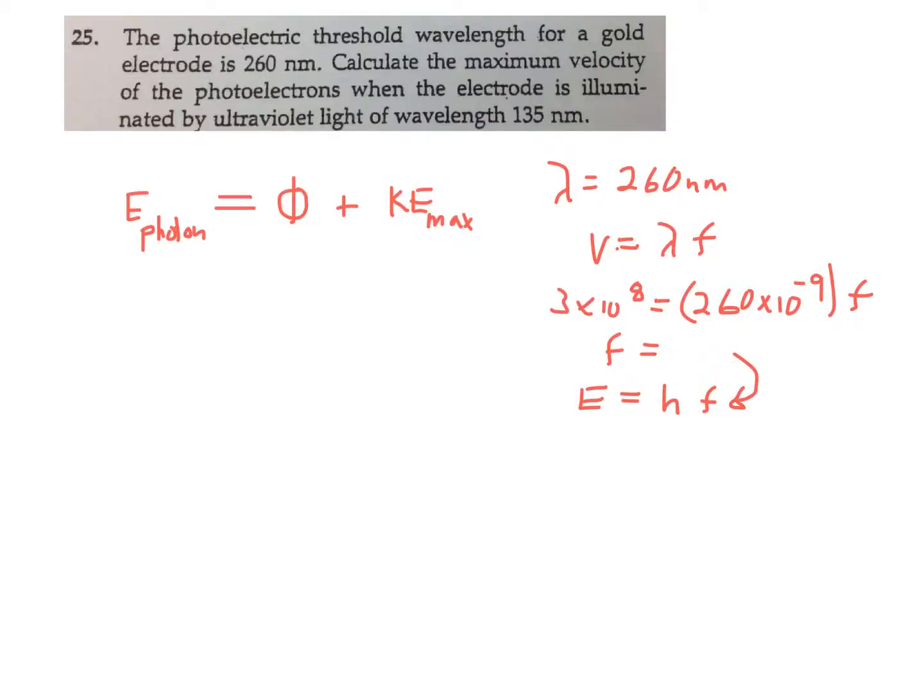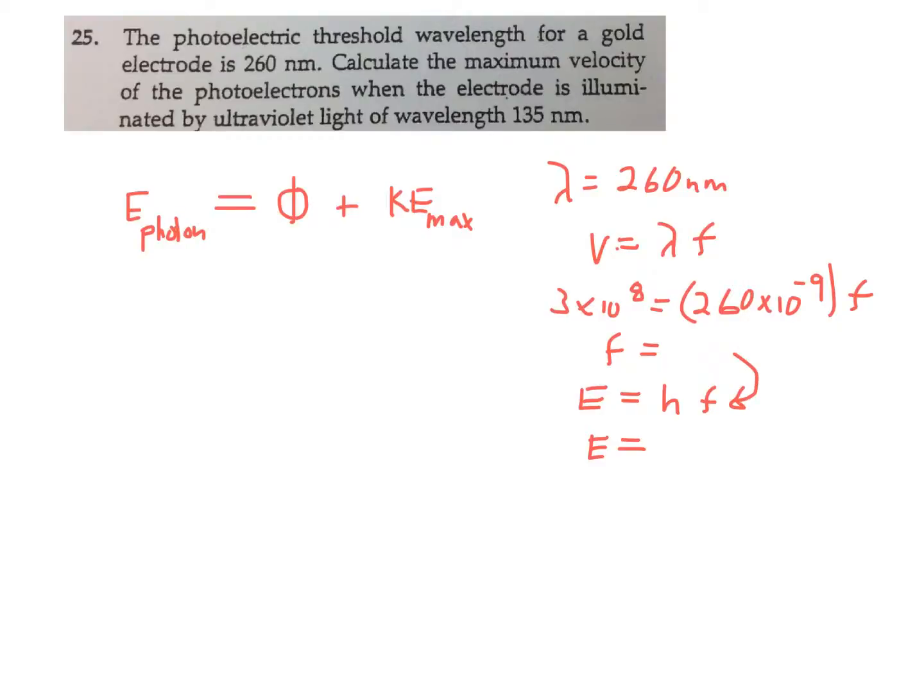And let's do it in joules this time, since at some point we need to switch over to kinetic energy, and the kinetic energy always has to be done in joules. So find the energy of the incoming, or the work function, photons in joules. And likewise,